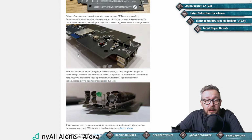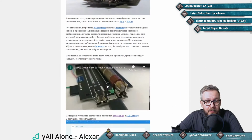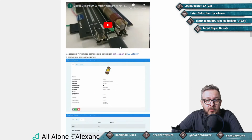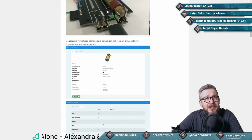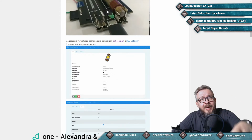But really, it's such a great idea because, as they said, most of those things can now work with Zigbee to MQTT, which means that it has automatic